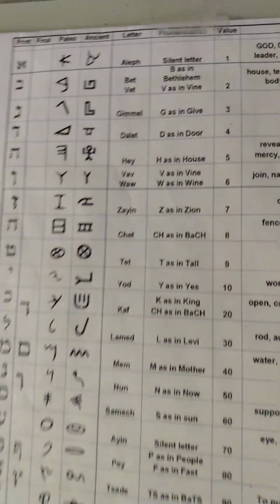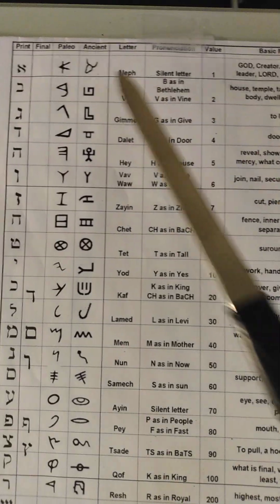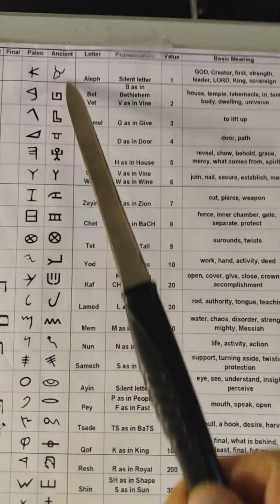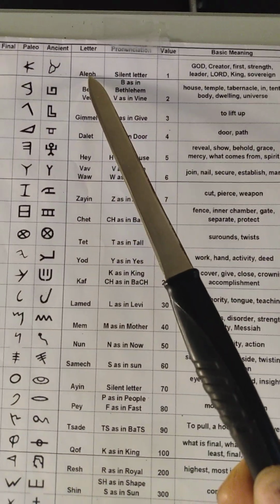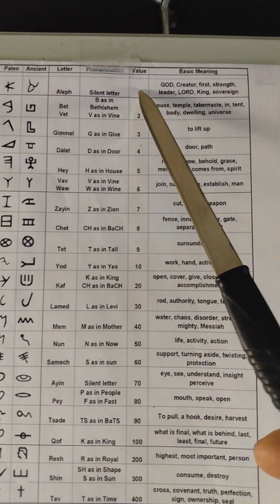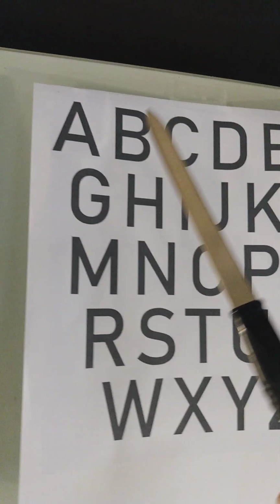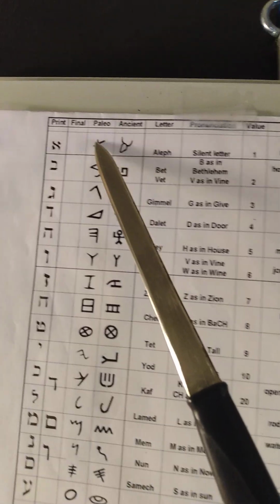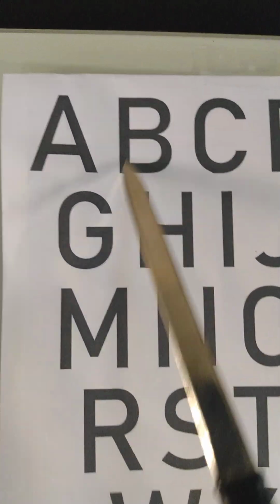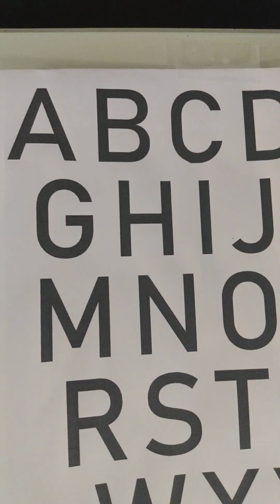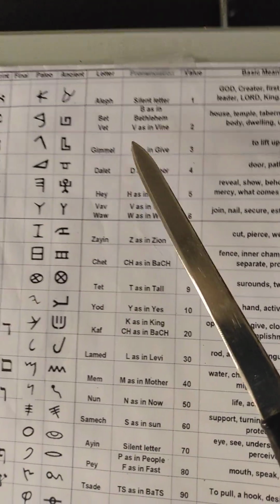There probably was a prior witchcraft, but this was kind of the perfection, where you have a symbol and a sound attributed to a number because of its position, and then the attributes of that letter. In our alphabet, we're just told that this is A, B, C, and that's it. But if you go further, you will know that A is the upside down version of Aleph here, and then B is associated, it looks like a pregnant woman, and etc. So there is meaning behind the alphabet.